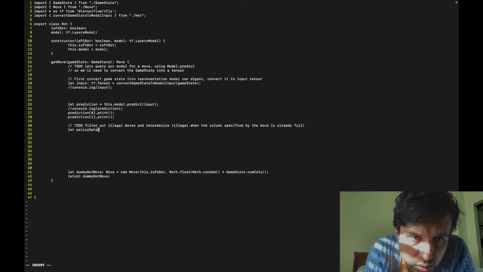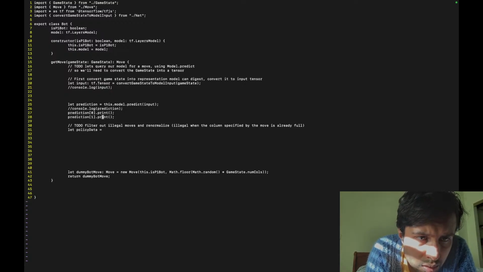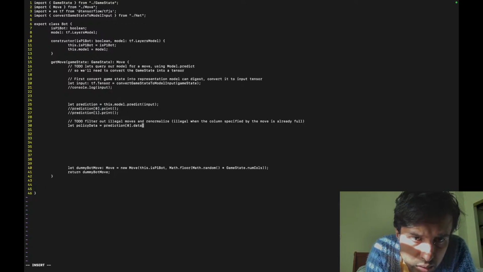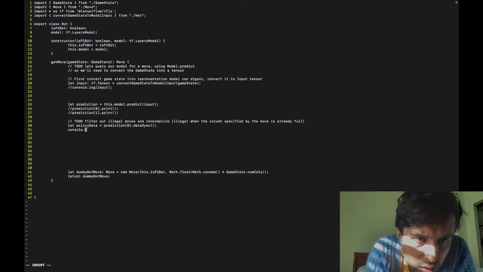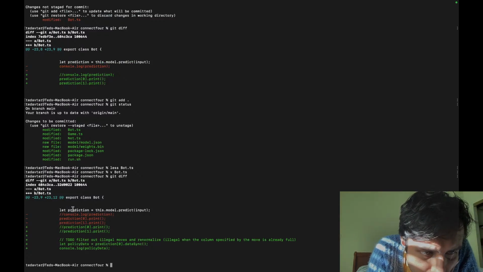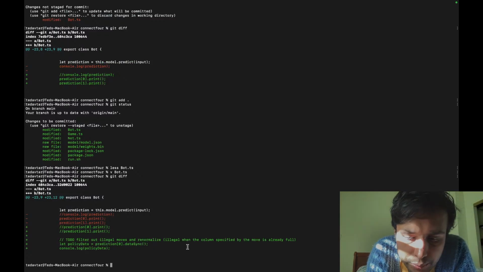Policy data equals dot dataSync, right? Just console.log the policy data. I still have to filter it out, but okay, let's just see how that looks. Okay, yeah, whatever, let's just run that.